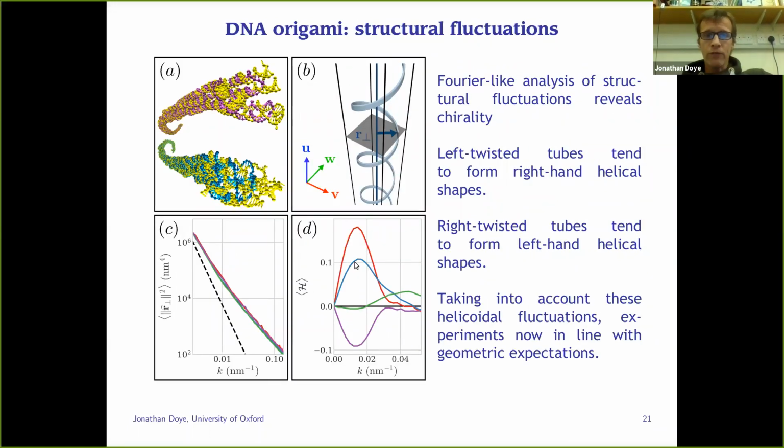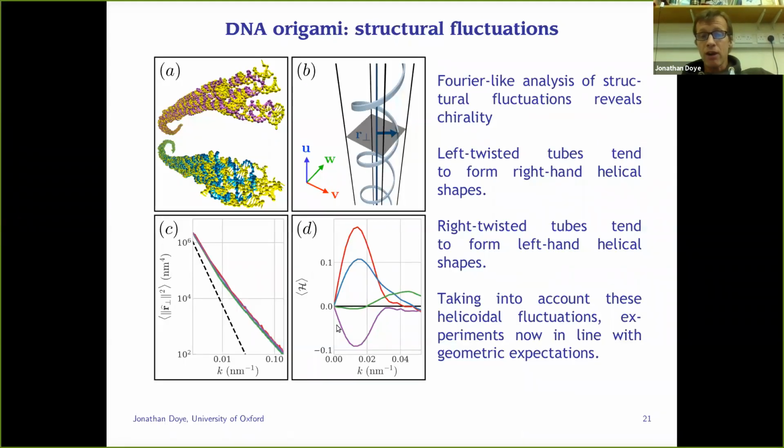And what we've done here is basically look at some Fourier-like analysis of the displacements of the center line of our particles. And we've developed a measure to look at how helical they are. If you have a perfect helix on a certain inverse length scale, you'll get a value of 1. So a perfect helix would be 1, where +1 would be right-handed and -1 would be left-handed. So if we look at the ensemble structures that our origamis take up, the purple one is the